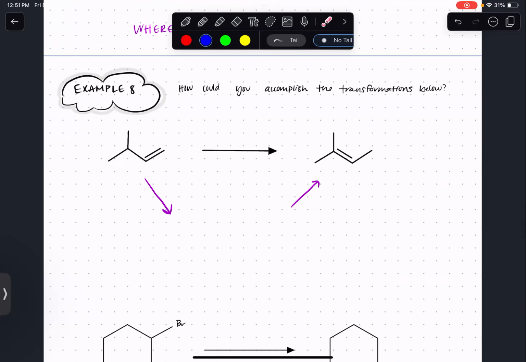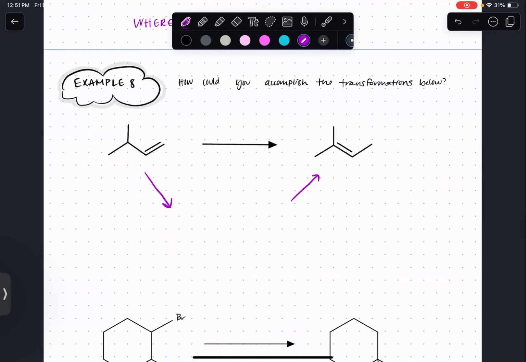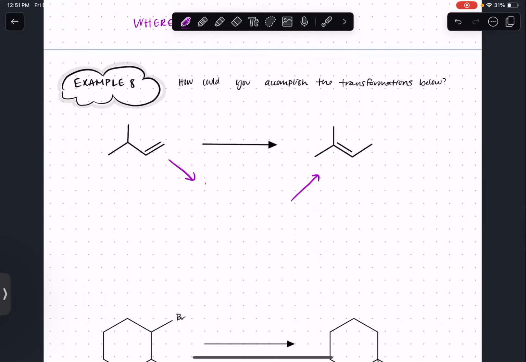The way that I originally had it written out, and I'm going to make this a little smaller, is that we're going to go from this, and we're going to add H2O and H+, which is going to give me,